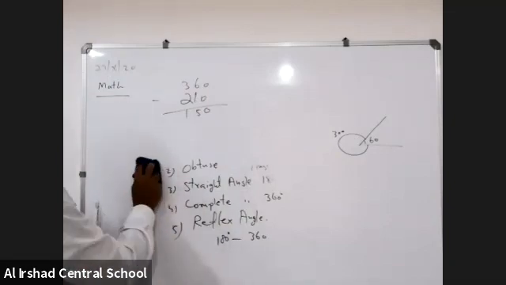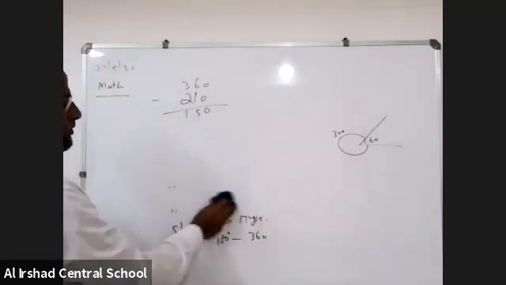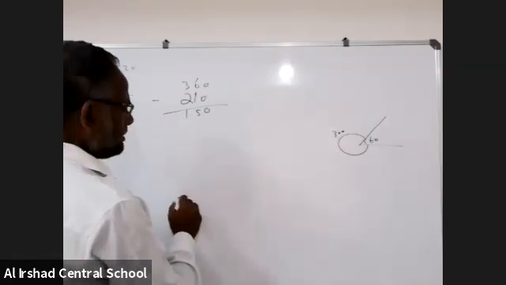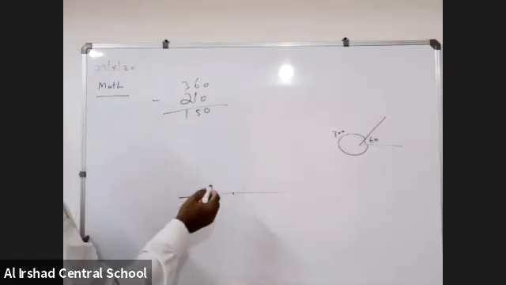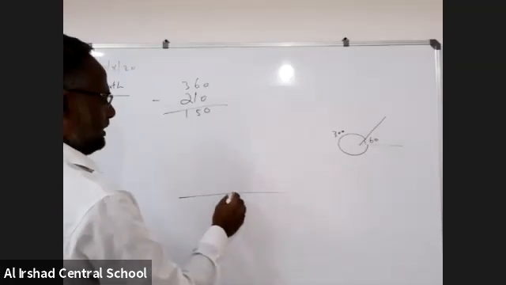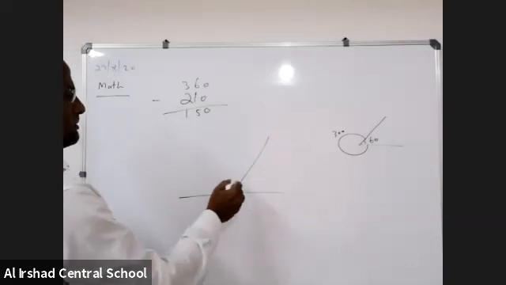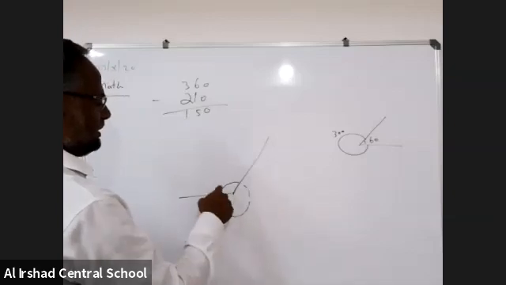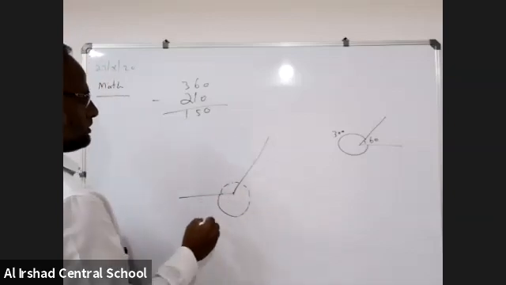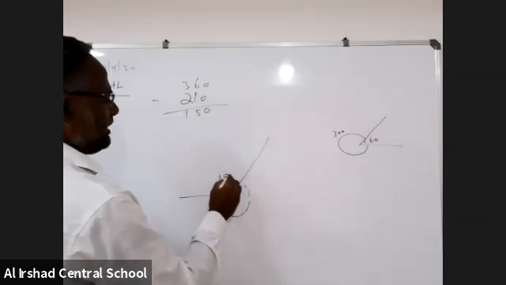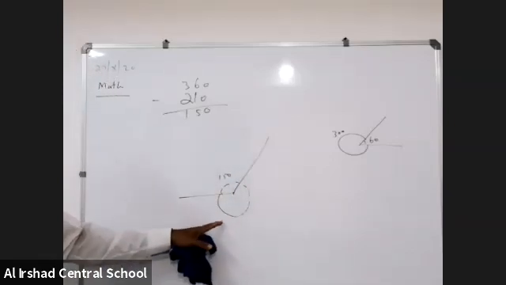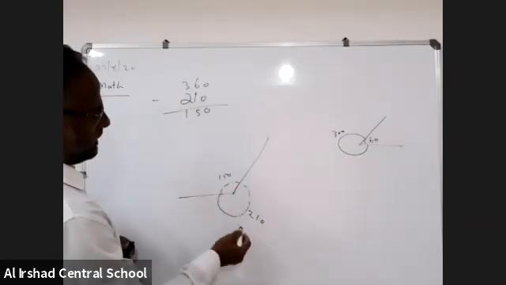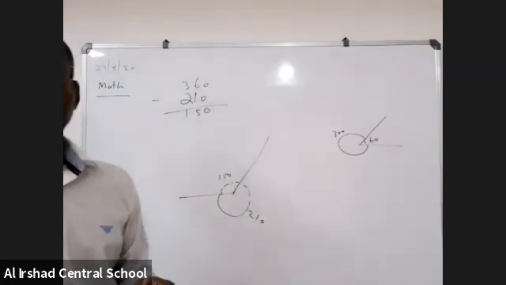As before, take your protractor. Mark 150 on the protractor. This is the center. So 150 will be like this. This is 150. We don't want the complete circle, we need this. So 150 we are getting, and 210 is this angle. So this angle will be 210 and the rest will be 150. What I told you,